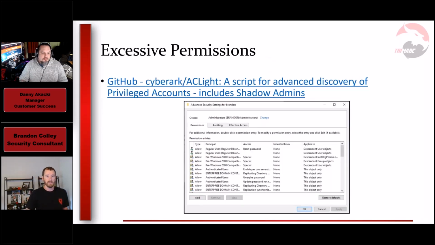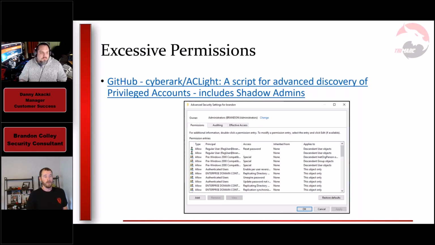So how do we find these? If you want to really dig into a tool, this CyberArk ACL Lite tool is a good option. I don't have one on the Trimarc GitHub yet. Maybe that's a good future addition. But honestly, I threw this screenshot in here because this is just the advanced security properties of the root of the domain in my lab.